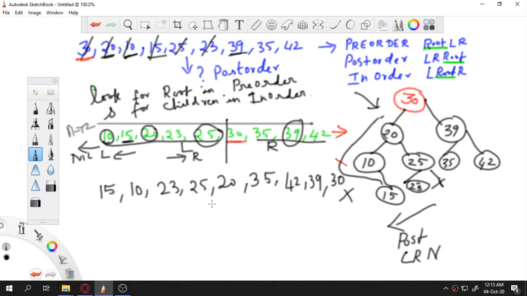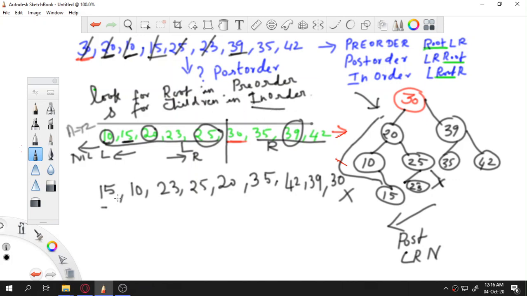So this is how the conversion from the pre-order to the post-order is done. The steps are: initially arrange the values into ascending order, so that is the in order, and then finally we can find out the post-order by checking the pre-order for the root, and then we have to check for the children in the in order.